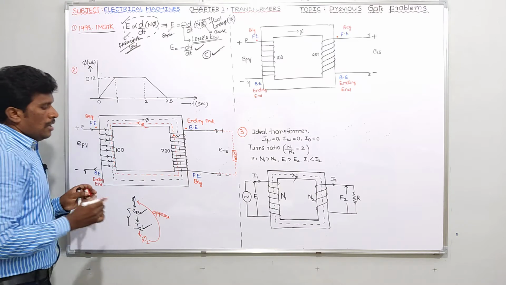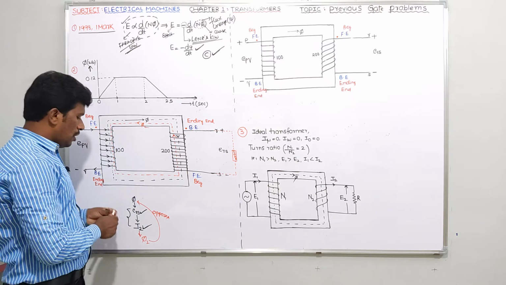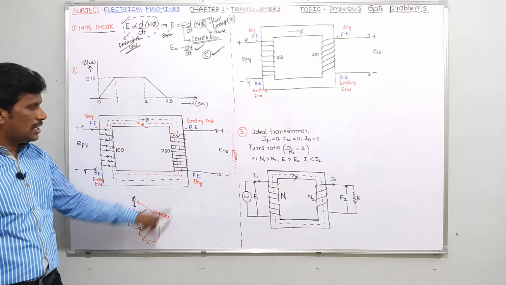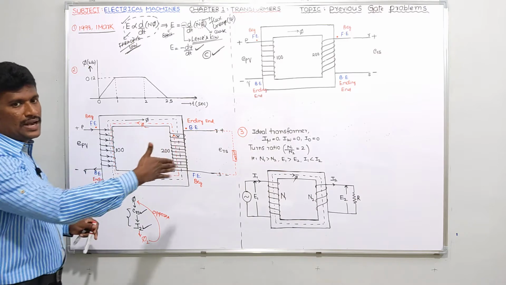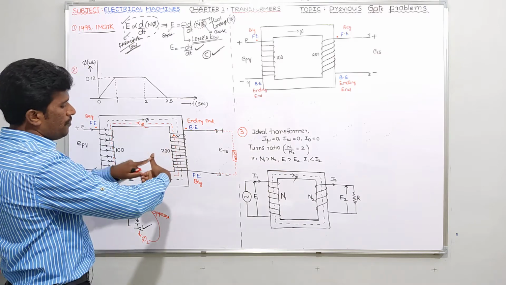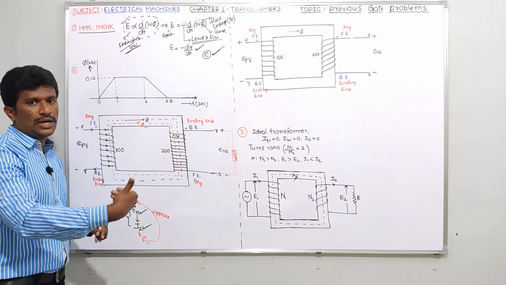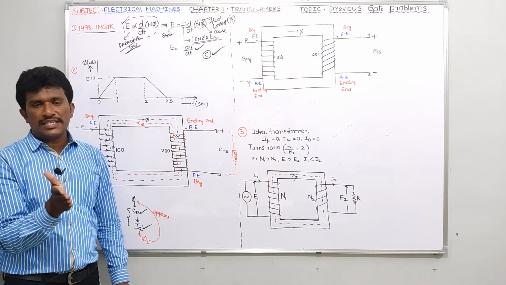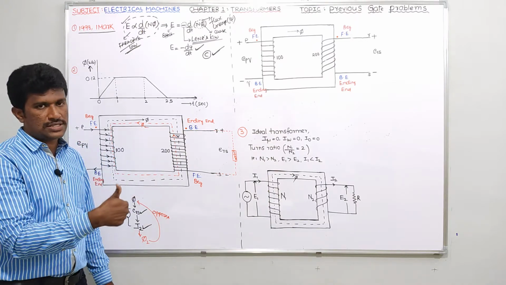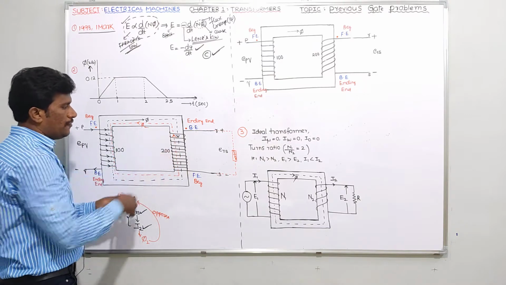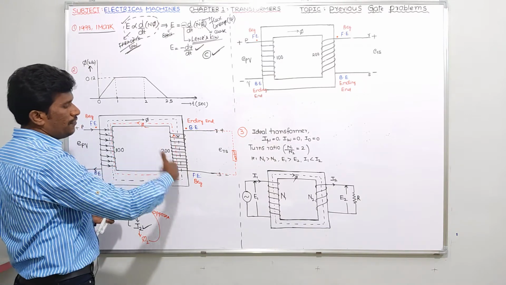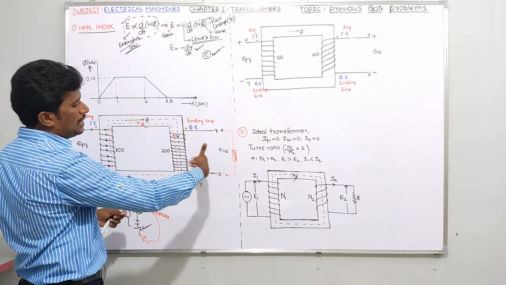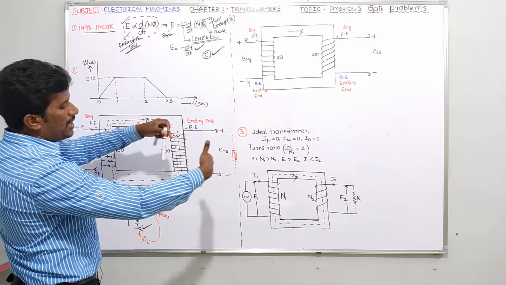Okay, yeah. Now please tell me. If I want phi 2 direction upwards in the right hand thumb rule for a circular conductor, your curled fingers indicate the direction of current and the thumb indicates the direction of flux. If I need phi 2 upwards, this red arrow mark, tell me where the current might have entered.